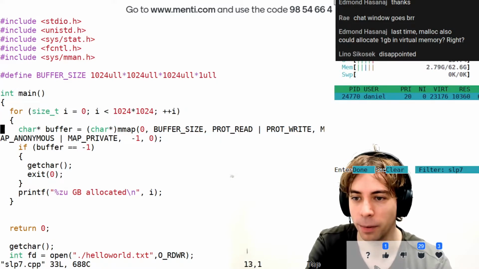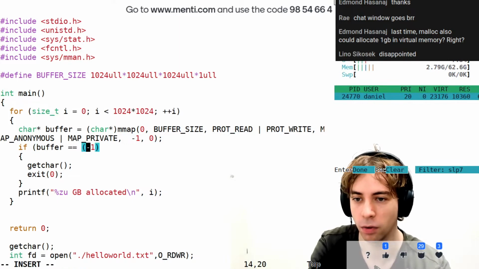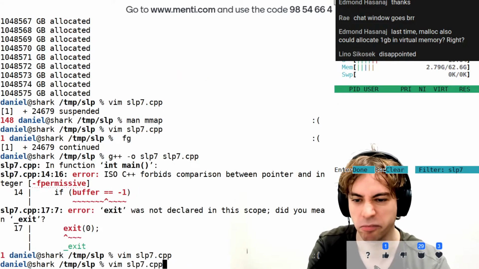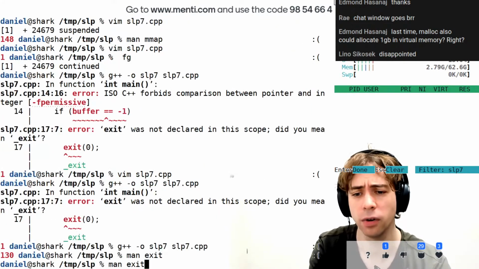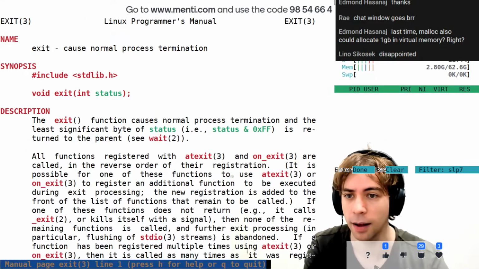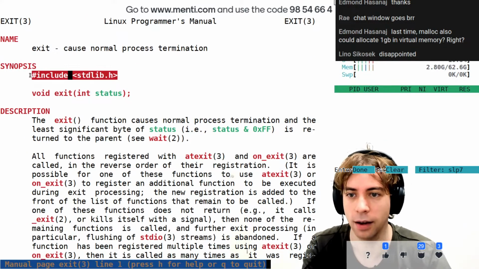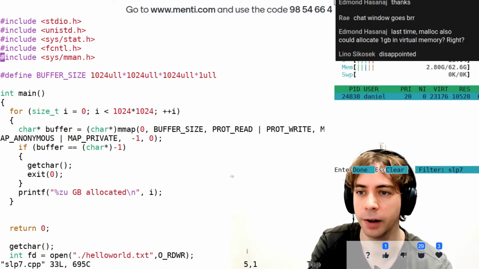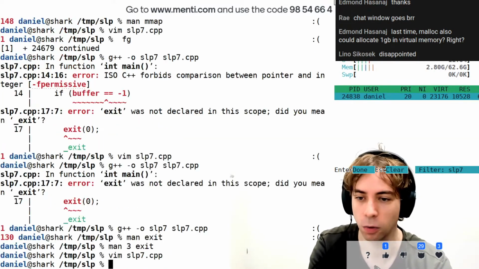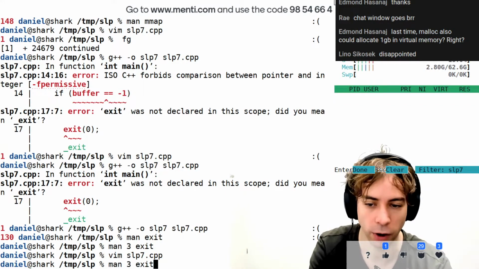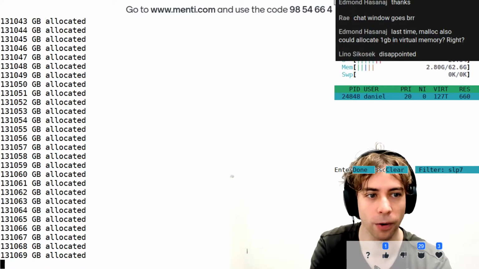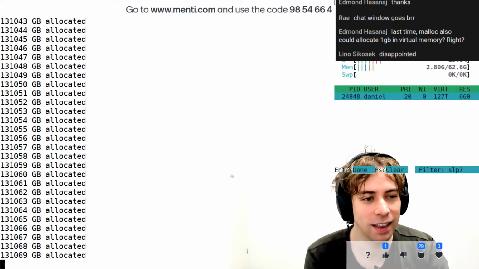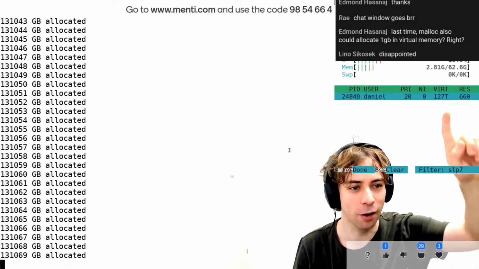Oh yeah, it forbids the comparison, so we can also compare this to a character pointer -1. Sure. Exit was not declared. Oh yeah, what is exit? No, wrong exit. I meant man 3 exit. stdlib.h. Okay, let's include this as well. You see I always use the man pages. I always forget how all these functions work, so I check them out in the man page and then, oh, interesting. And here you can now see that we allocated